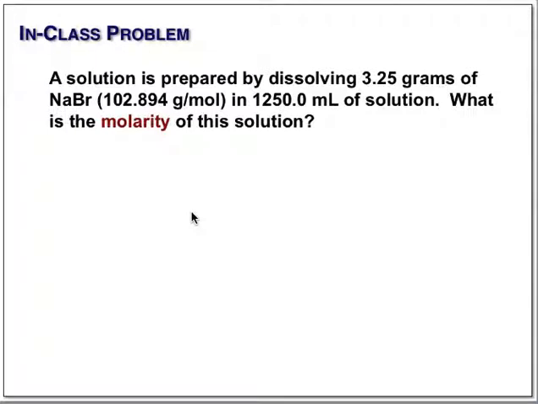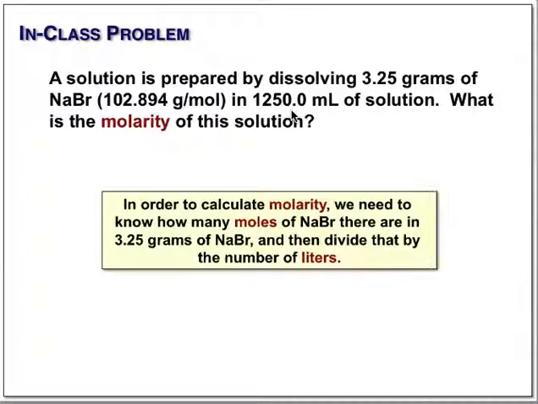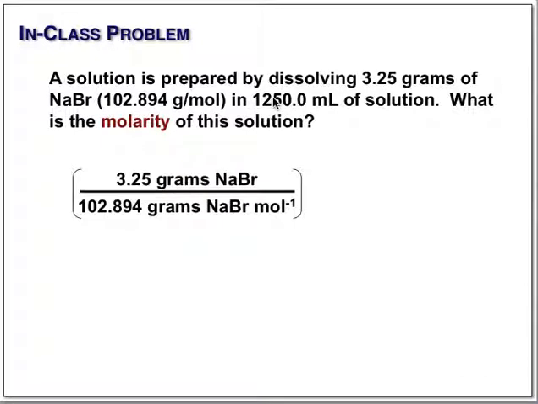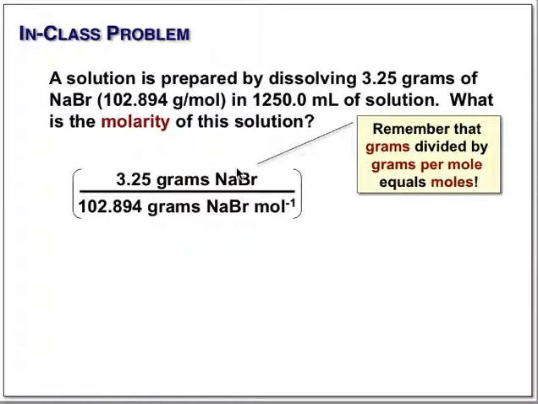If we had a solution containing 3.25 grams of sodium bromide in 1250 mils of solution, what would the molarity be? What we need to do is to simply calculate the number of moles of our solute, sodium bromide, and divide it by our volume in liters. Remember that moles is simply calculated by mass divided by molar mass. If we then divide this by the volume in liters,